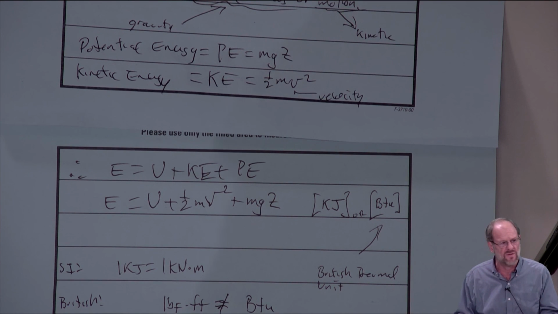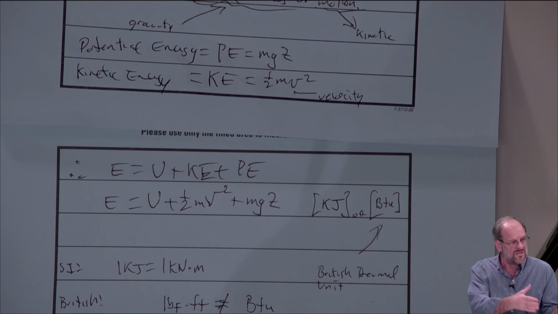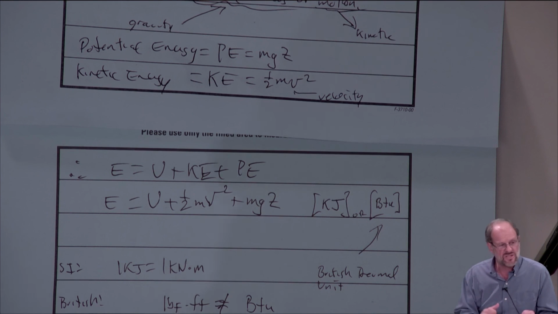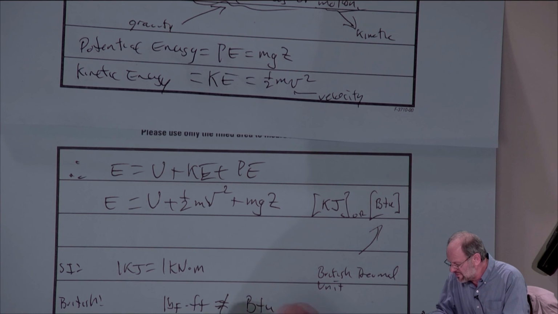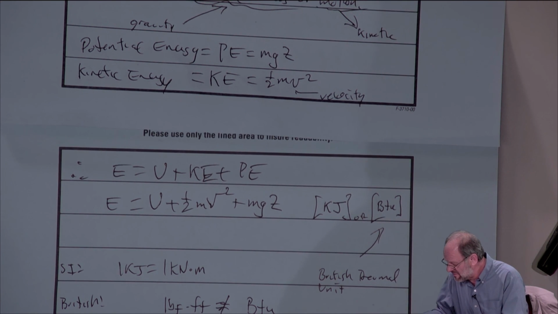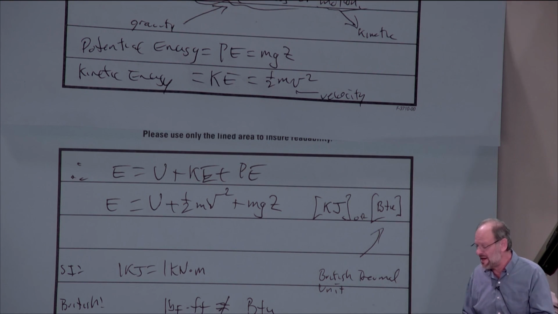If you go to the inside back cover of your textbook, although if you have an electronic textbook, I guess it would be somewhere near the end in there somewhere. But there's a whole set of conversion factors in there for you for every conceivable unit. So if you happen to have your textbook, let's say you need to switch from BTUs into foot pounds, then just look up the appropriate conversion factor. I'm sure you'll find it right away. So again, use conversion factors in the British units. Okay, and again, just look them up in the inside back cover.